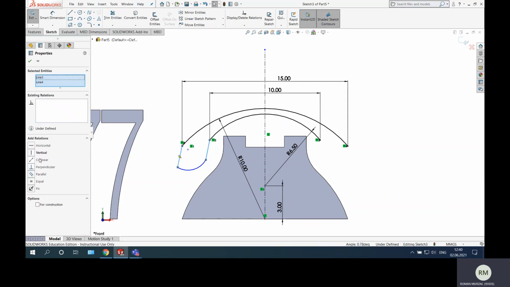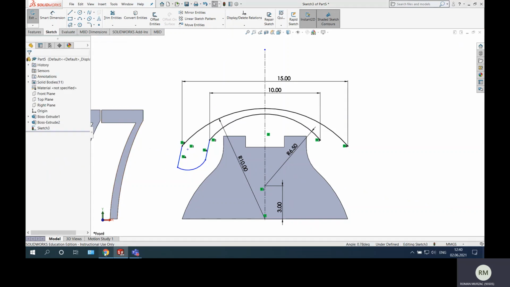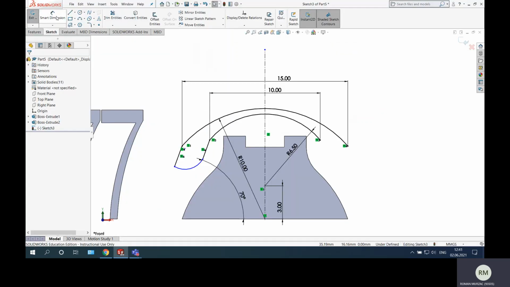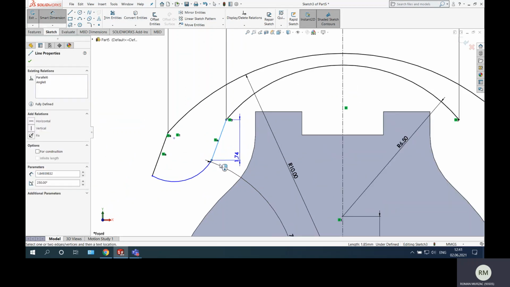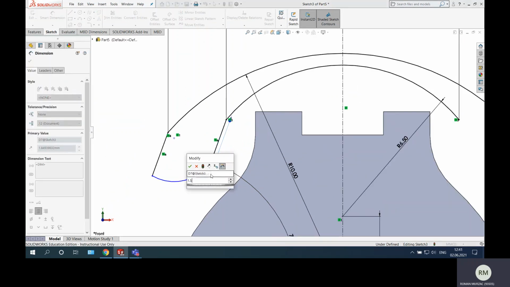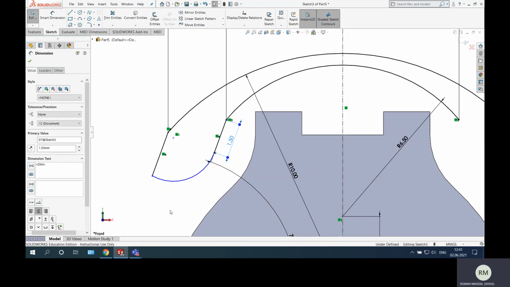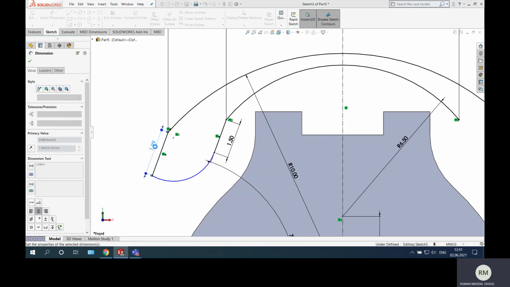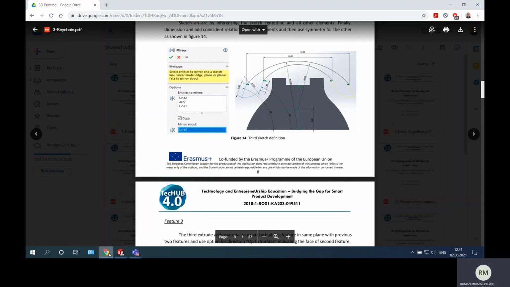What I know is that these two lines are parallel, and the angle here is 70 degrees. So between this line and this line should be 70 degrees. Good. 70 and 1.5. So the length of this line is 1.5. Good. 2 millimeters here, aligned 2 millimeters. And this arc should have